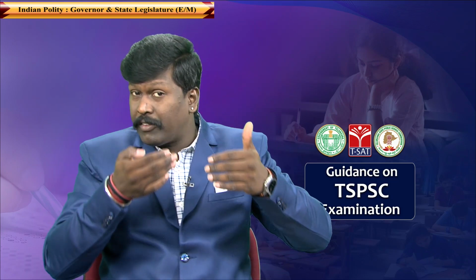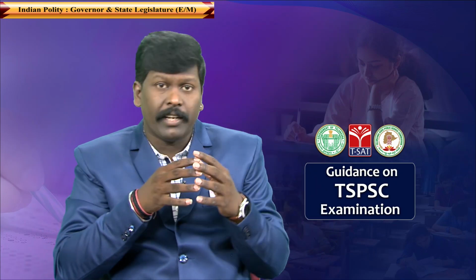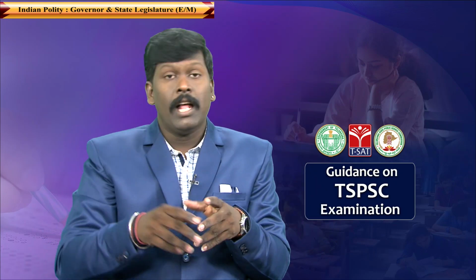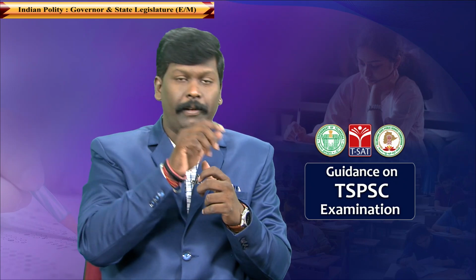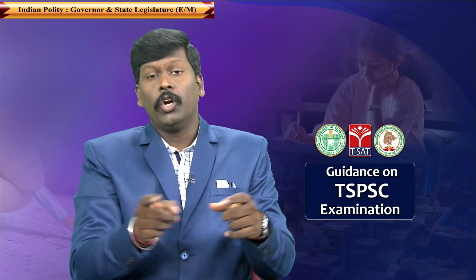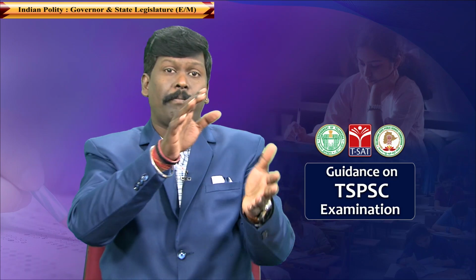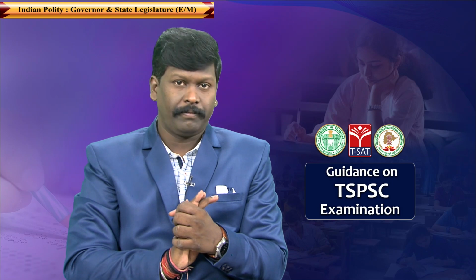Now, whenever the President rule is promulgated in the state, the Parliament gets the entire right or authority to make laws on the subjects which are part of the state list. Not only that,